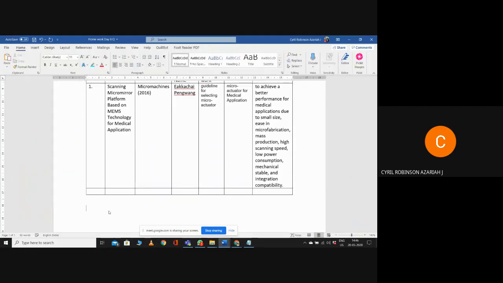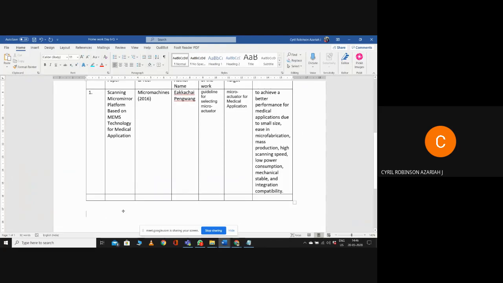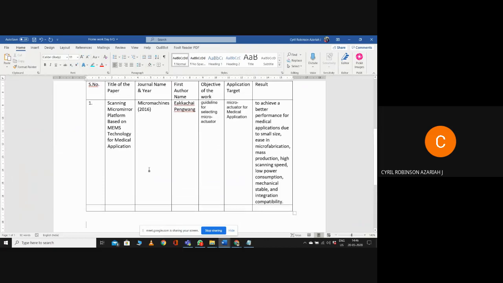Okay. Now we have to write this as a statement. How will you write? Yesterday I said you have to remove one initial name. In the author's name itself, there will be two names, first name and last name. You can either remove the first name or the last name.